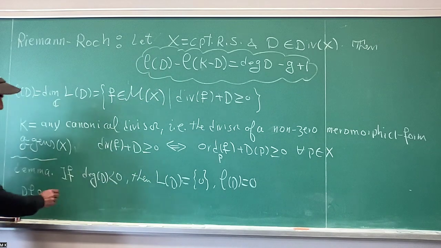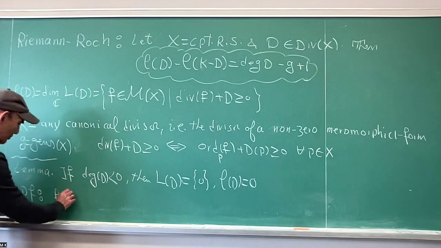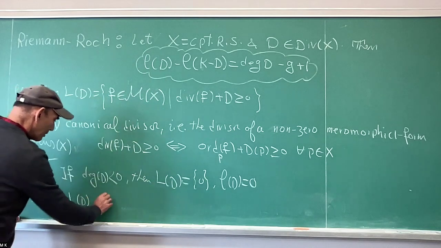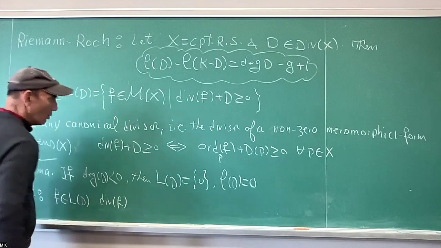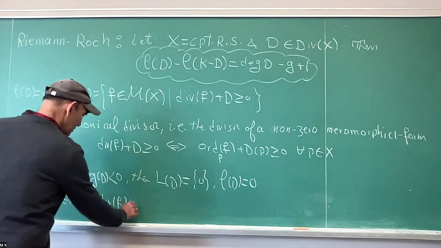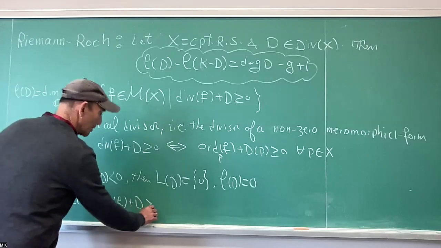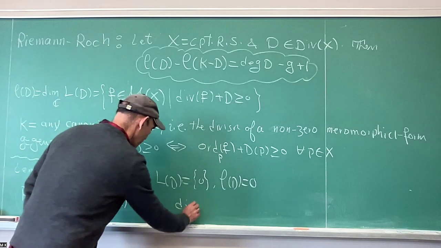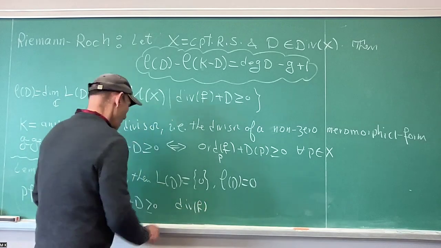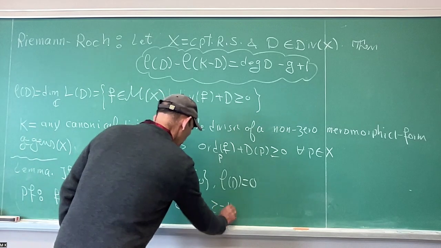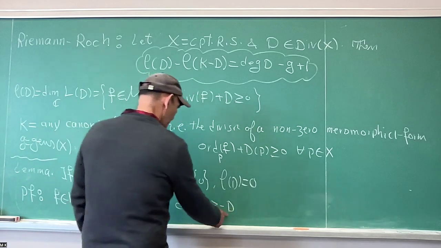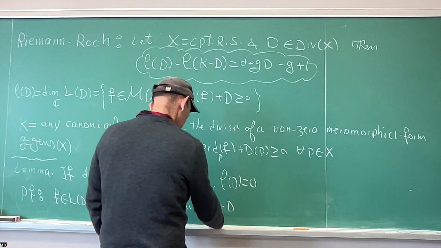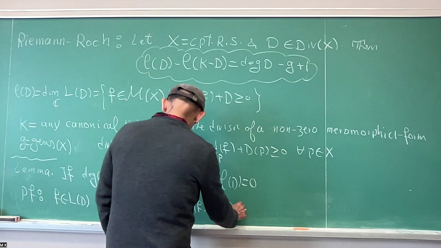So the condition f belongs to L of D means that divisor of f plus D must be bigger than or equal to 0. But here it just means that divisor of f is bigger than or equal to negative D. But this is a strictly positive divisor,